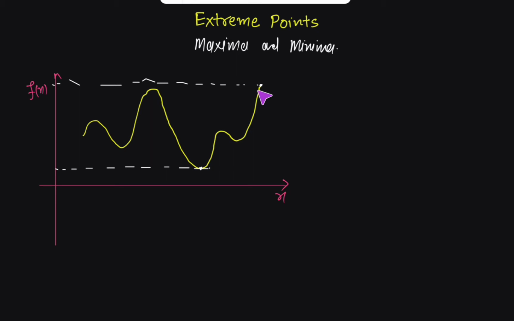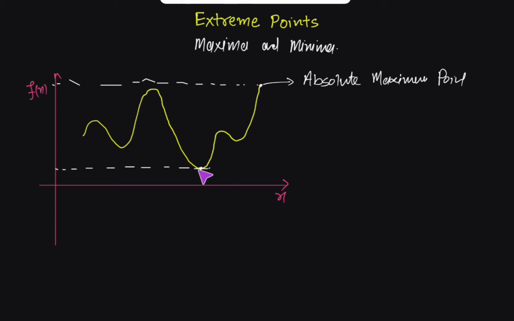When we talk about only one, the one which is highest or lowest, because this is the highest point, there's no other point in this graph which is higher than this. Similarly, this point is the lowest point and no other point in this graph is lower than this. Such a point which is the highest, we call the absolute maximum point. As the name absolute itself defines, at this point the function has achieved the maximum possible value, and no other point will have a value more than this.